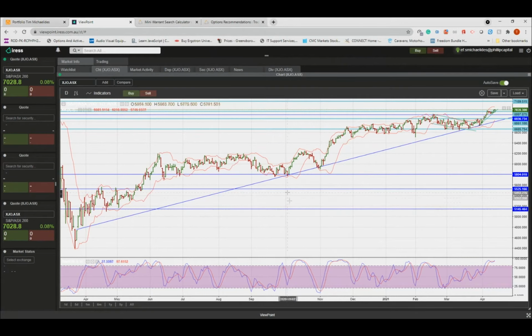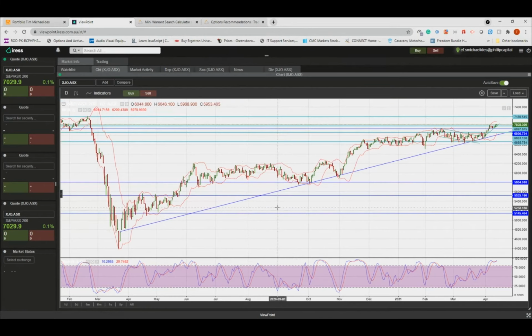Right? Now with the XJO, it's not a company, is it? The XJO is an index made of the top 200 stocks. So when you want to look at the fundamentals of the XJO, it's a little bit difficult because you're not looking at the balance sheet of a company, right? Part of fundamental analysis of the XJO could be to go and read the news, something as simple as that. So you would open up Bloomberg or the Australian Financial Review and read what's going on locally, but also maybe even arguably more importantly, what's going on in the US, right? But I don't really want to get bogged down there. Instead, I do want to apply what we learned